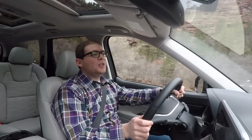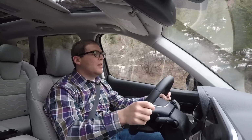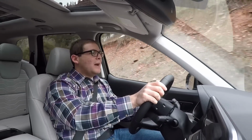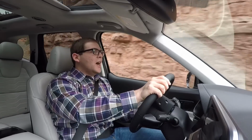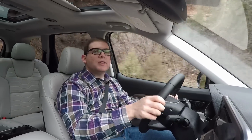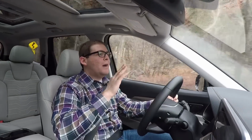You should average about 21 mpg, 19 in the city, 24 on the highway. We are at altitude, so it's going to struggle here. We've averaged about 17, which is not too bad. So now that I've gone over how the Telluride drives, let me pull over and talk about this interior, because